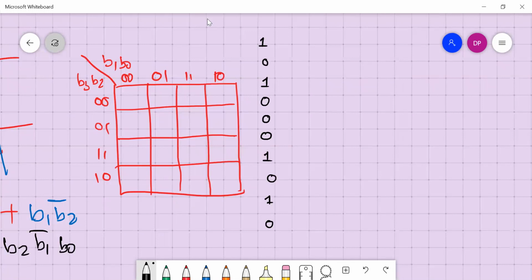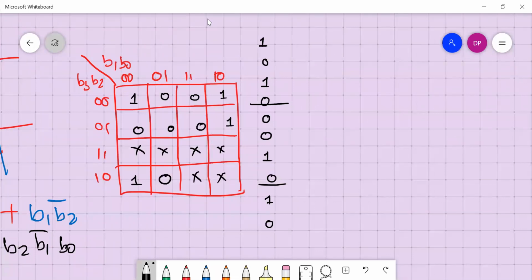So what will you have? You'll have here 1, 0, 1, 0. Okay, this is done. Then you have 0, 0, 1, 0, 0, 0, 1, 0, then 1, 0, right? And others are don't care. Now you can make a group. As usual, this will be one group. Right, for E.